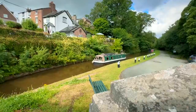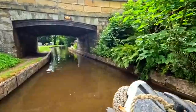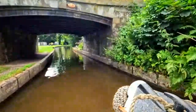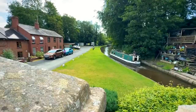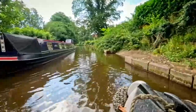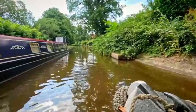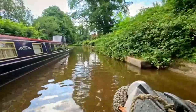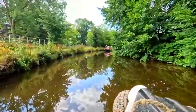I'm travelling along the Llangollen Canal, a 46-mile waterway that winds its way between Wales and England. Now a UNESCO World Heritage Site, it's one of the most popular canals for both boaters and tourists. In fact, it's busier now than it ever was when it carried cargo. Today's journey is about 7 miles and a couple of locks, so not too many in the way of...